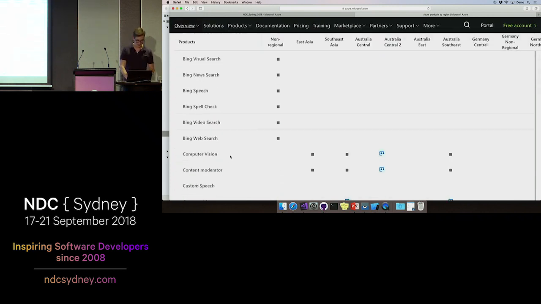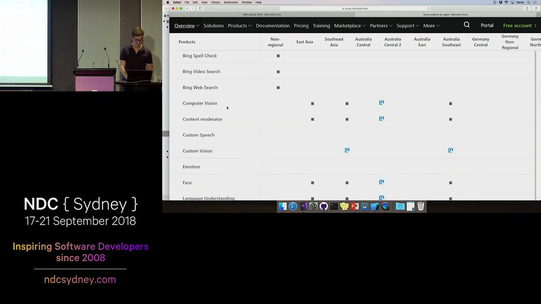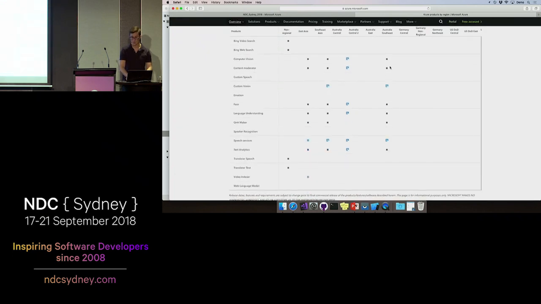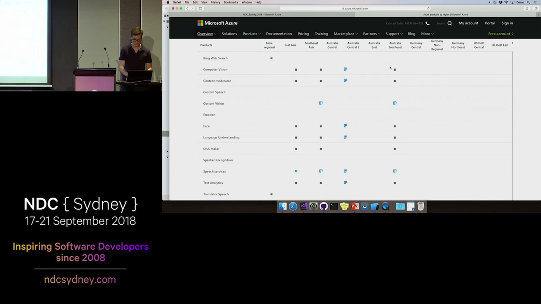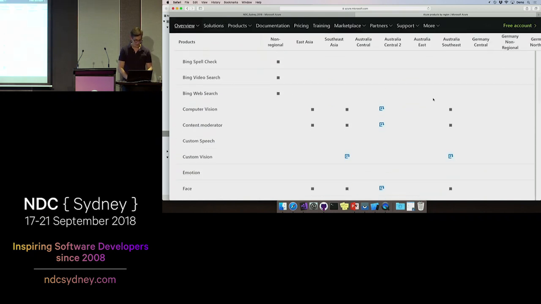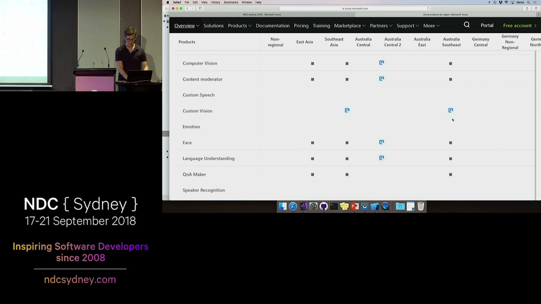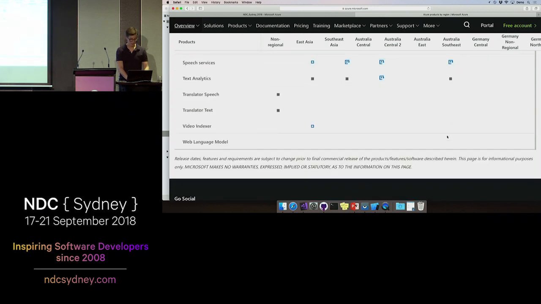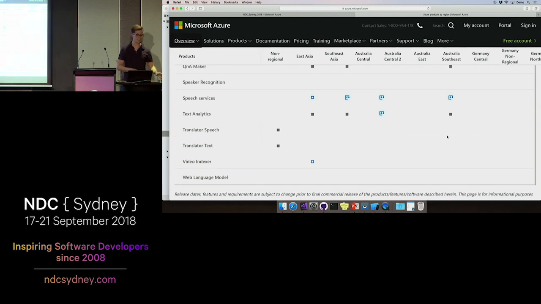Let's make this a little bit bigger for all of us. It looks like all the Bing APIs are available. And okay, cool, computer vision. Let's just make sure. These are Australia Southeast, so even better for us here in Sydney. So yeah, it looks like computer vision is in Australia Southeast. I don't really see one where it's in any other data center and not here. So it looks like we're good to go. Great question.